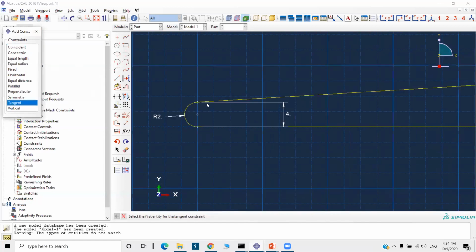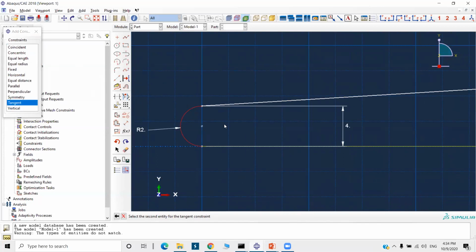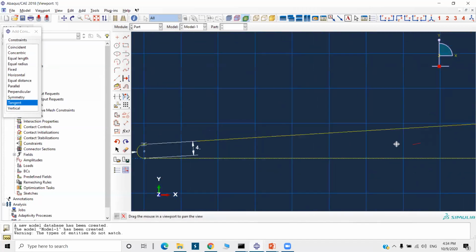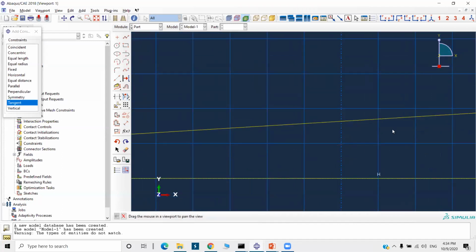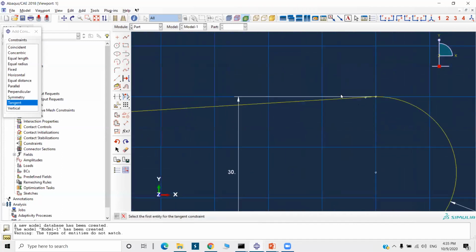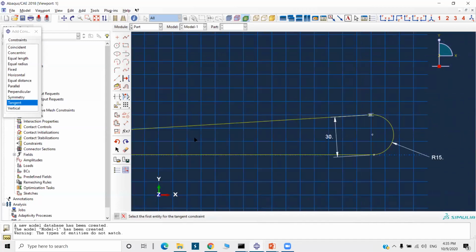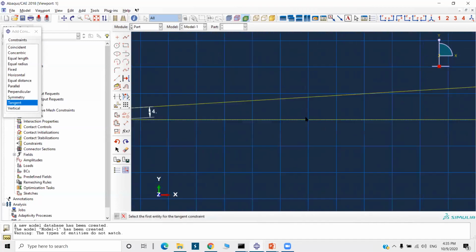Not parallel, it's a tangent. Okay, I'm going to create a tangent constraint. Here also.